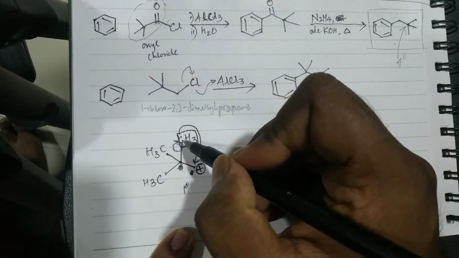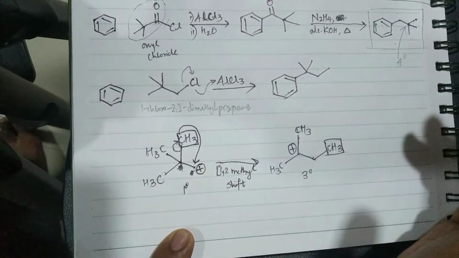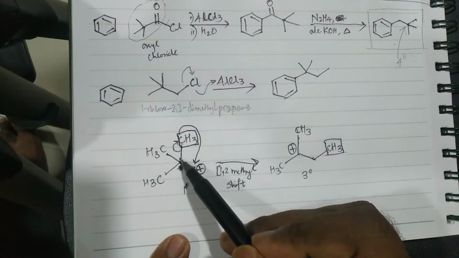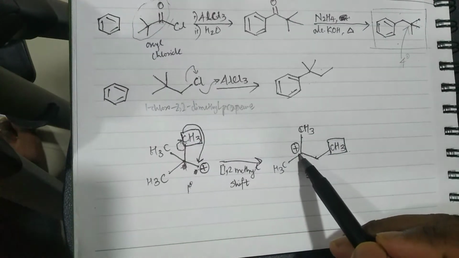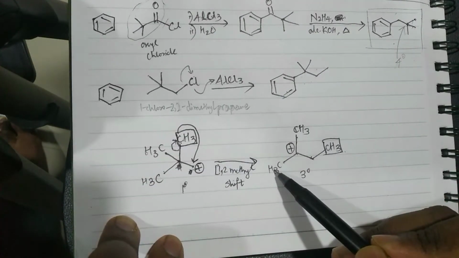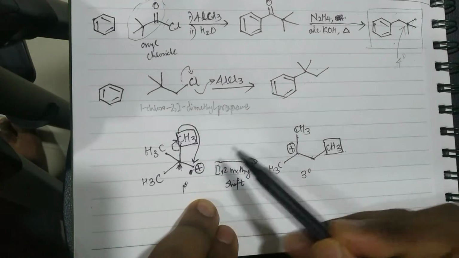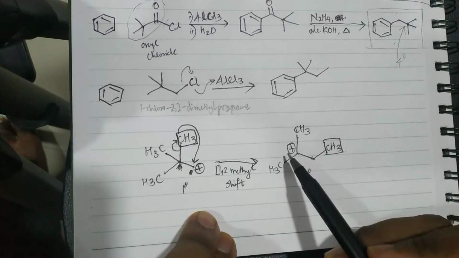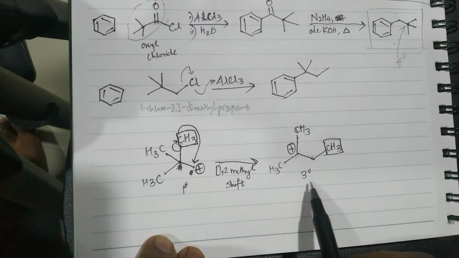But if by any chance one of these groups moves to the next carbon, then I can generate a positive charge there, correct? And that is exactly what I've done. So this methyl group leaves with both the electrons of the sigma bond. It leaves behind a positive charge on this carbon, and you have these two groups. Now this methyl group will attack this primary carbocation. Just to distinguish that methyl group, I have put it in a box. Now I have a tertiary carbocation here. If you compare primary and tertiary, tertiary is more stable.